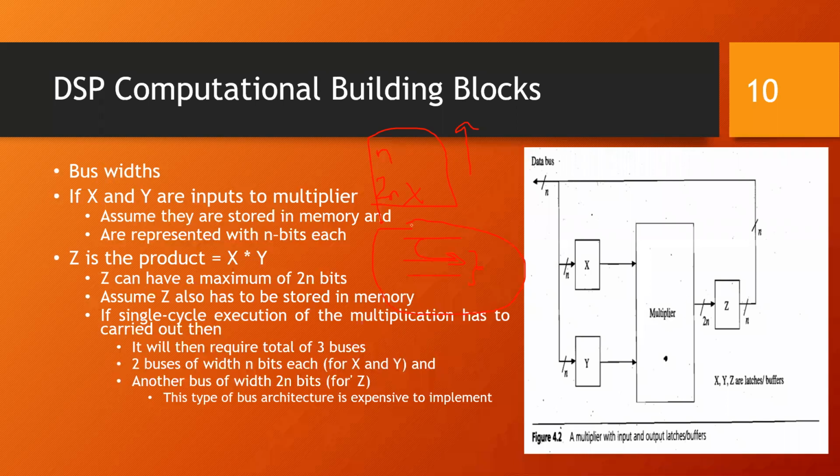But this is with respect to fetching the information. For storing the result, use 2n bits, a 2n bit bus width. But what is happening? It is increasing the cost. So in order to reduce this, the bus which has fetched one of the operands will be idle. Once these n bits are made available, and next these n bits are made available, only then will the multiplier give you the result.